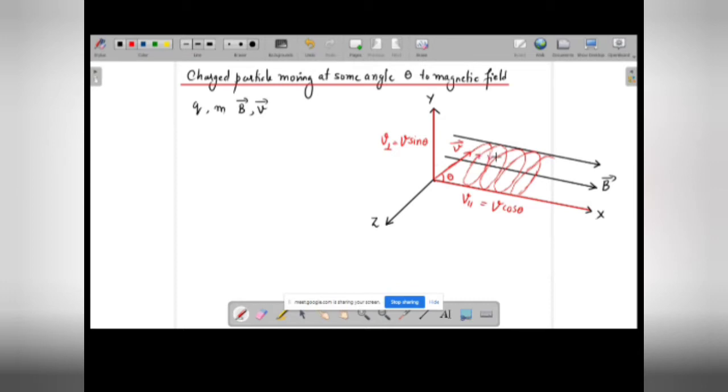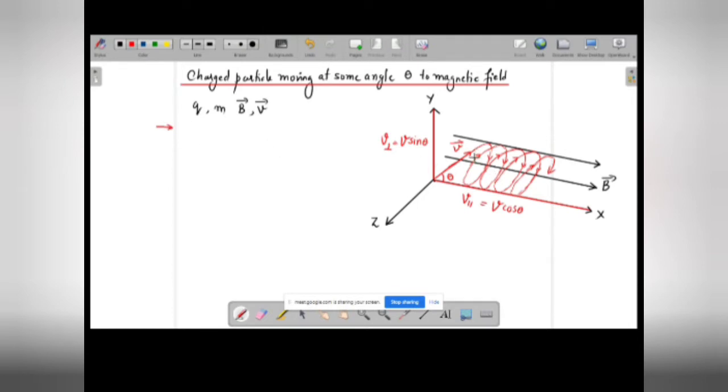Let me draw the arrows to show the direction of motion. So it's something like this. Okay, this is how it is going to travel. So I'll just end the arrow like this. Okay, so it is going to follow a helical trajectory. So let us write down a few expressions, like the expression for the radius of the path or the expression for the pitch. We are going to see what the pitch is. Okay, so now first coming to the radius, the same thing to follow as we followed in the first case.